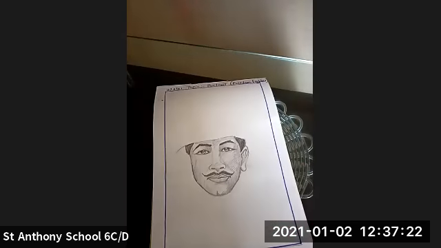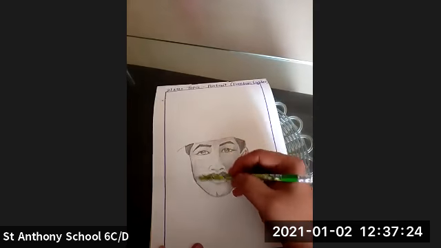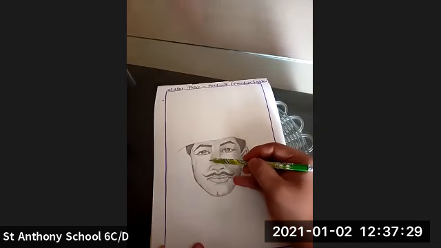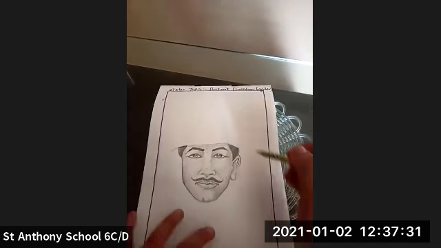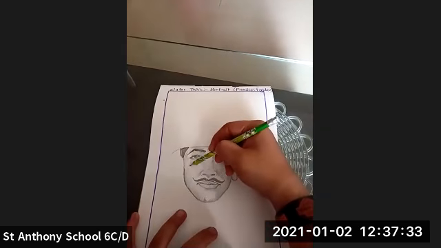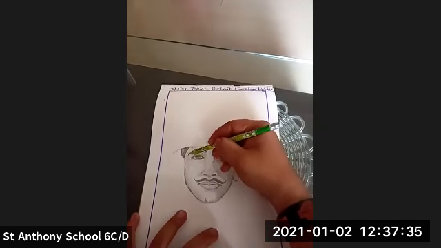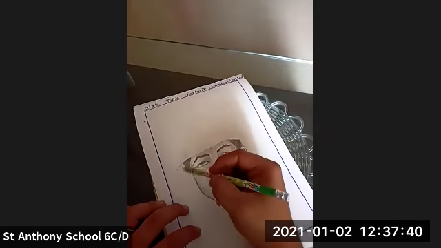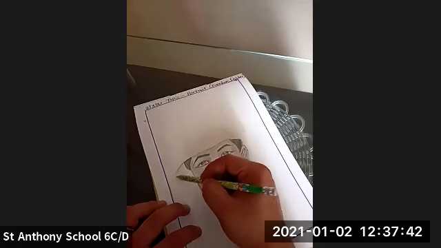Just look at this. I hope each and everyone is understanding how to do it. This is the shade which is coming on the down part of this. And now we are going to move for making the hat.